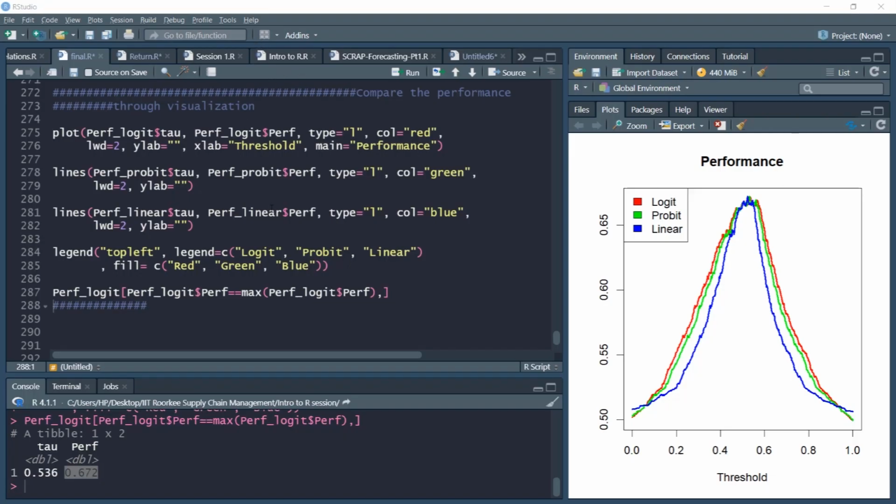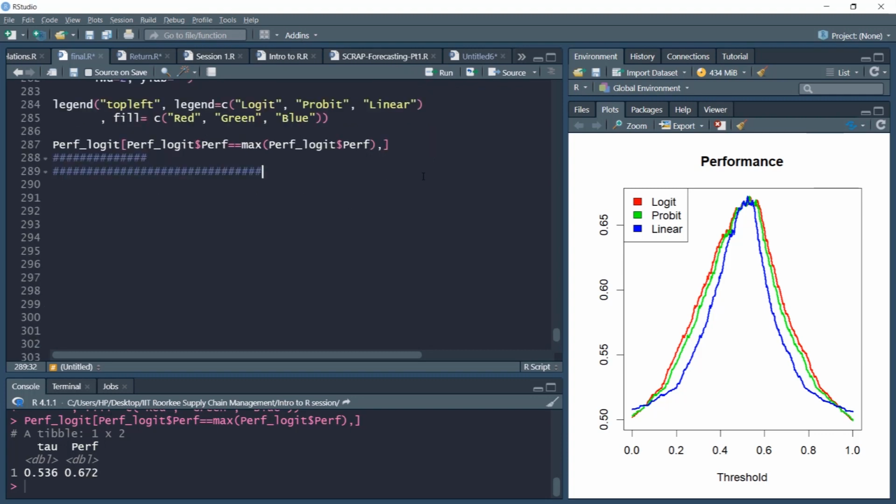To summarize this video, we computed various performance object values for different classification algorithms, that is linear, logit, and probit, for our 1000 simulated threshold values. We plotted all these performance values and superimposed them for all three classification algorithms, and we noted that for most of the values, the logit algorithm performs the best, next probit, and finally linear. Although the performances are close to each other, nonetheless for most of the threshold values, logit seems to be the best algorithm for classification. In this video, we'll start with out of sample fit performance evaluation.